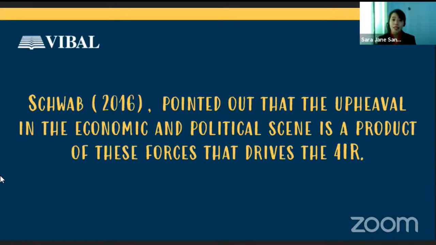So sa ibang mga bansa, lalo na sa mga first world countries, sa US, actually may technological race ang US at ang China. Na kung sino yung unang makadiscover ng 5G, siya daw yung makakapag-control ng mundo dahil kontrolado ng internet lahat. So kung sino yung makakapagbigay ng 5G, siya yung pinakamalakas na country ngayon. Now, naghahanda yung mga ibang countries, first world countries, at talagang focus sila sa impact ng fourth industrial revolution sa lahat ng aspeto at kagawaran ng kanilang mga bansa.